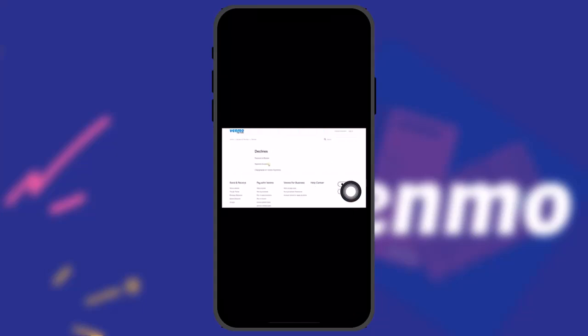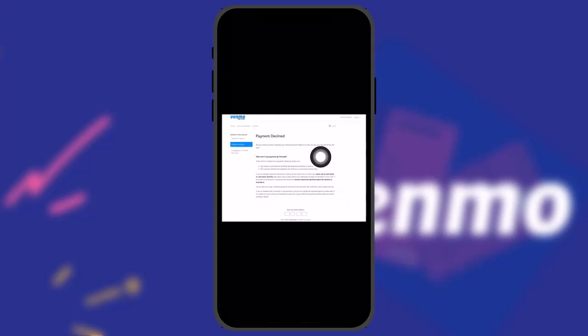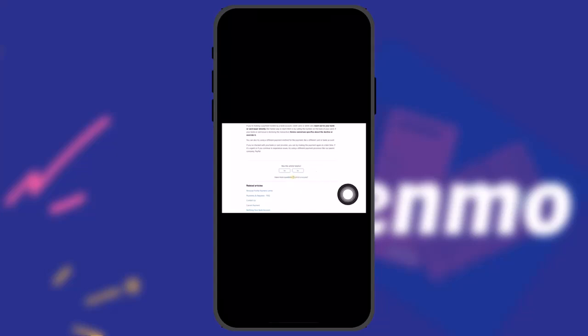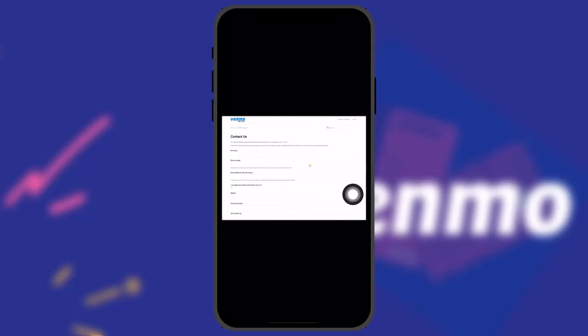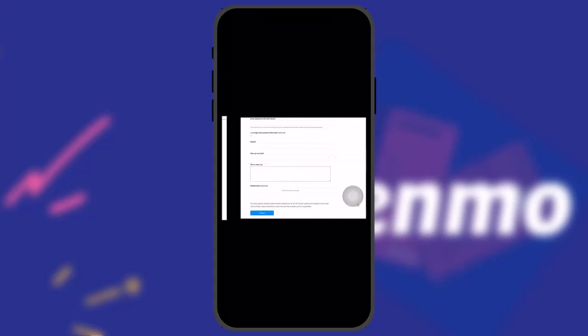And once you do that, here tap on any of the options, and then all you gotta do is scroll down and tap on submit a request. And once you do that, you'll be sent to the contact us page, where you find this form. All you gotta do is fill it up with the relevant information, and on this "tell us what's up" field,